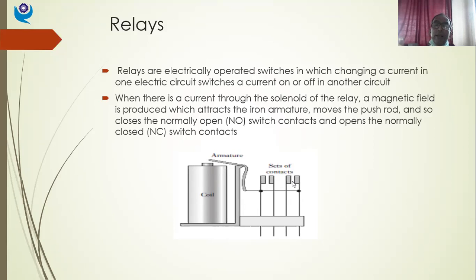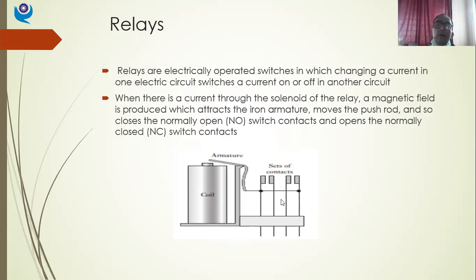And this normally open contact, which was initially open, will become closed. So normally open will become closed, and normally closed will become open.